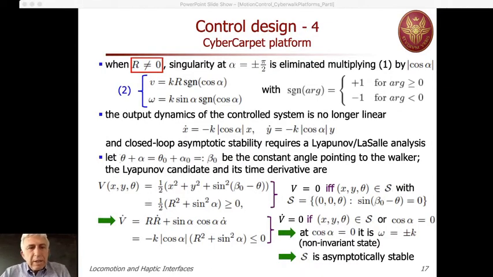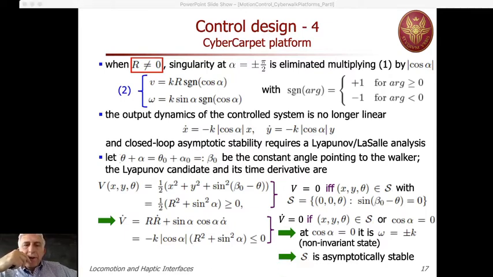So let's consider first the case where r is different from 0. So we are not yet there, the user is still off-center. Now, if we take our control law, and we have to handle the singularity alpha equal plus or minus pi over 2, we can multiply our original control equation by the absolute value of cosine of alpha. If we do so, the resulting controller has no longer this cosine of alpha at the denominator,